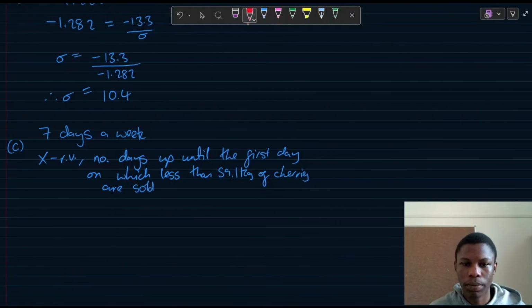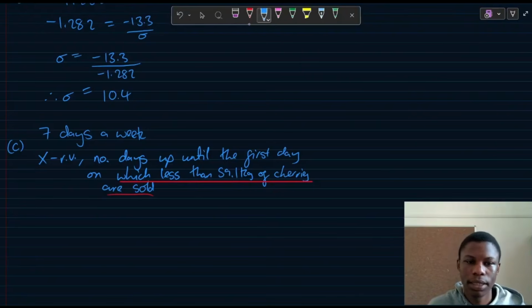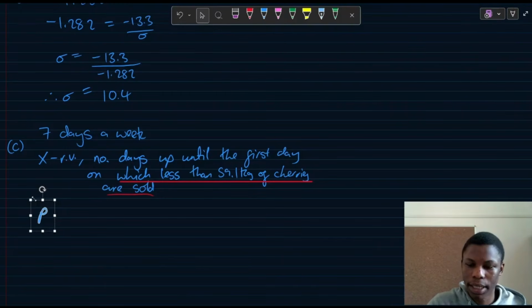So now this part here is just defining our success. Our success is getting a day with less than 59.1 kgs of cherries. So we can write that X follows a geometric distribution,